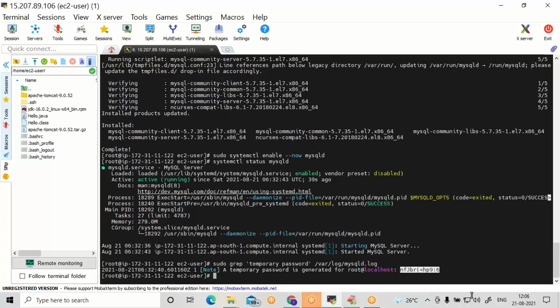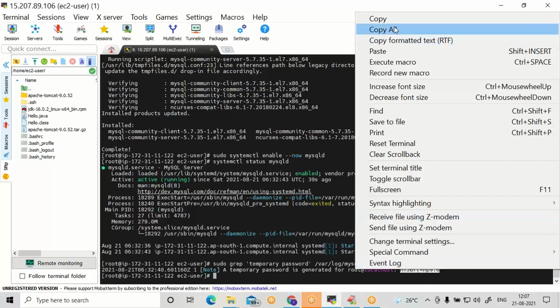We run grep on mysqld.log, which is the log file, going inside it and reading the line which contains this content. This entire line has the temporary password. You have to use this temporary password only for the first login.